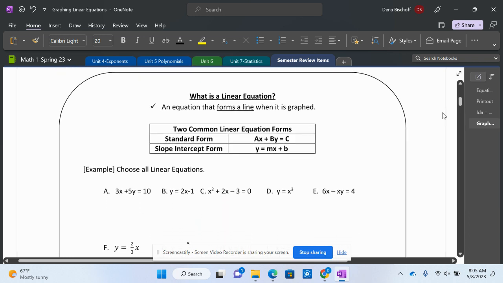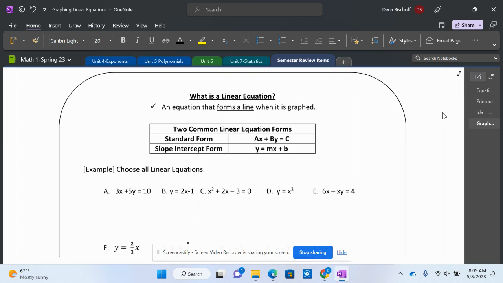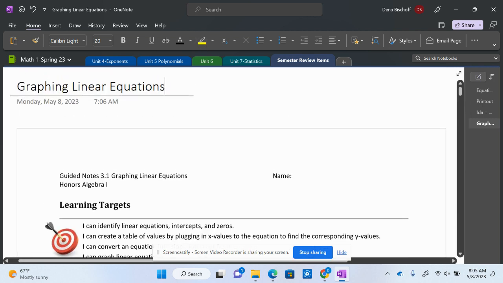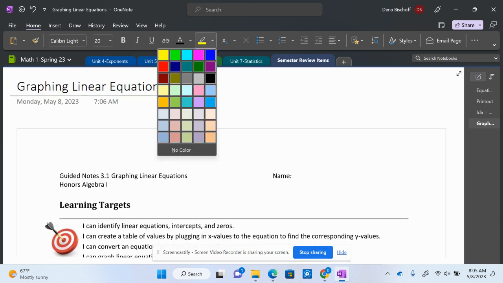So what is a linear equation? Well, those are the two forms that I was talking about that we have. So the two forms that we have are standard form and slope-intercept form. So we typically like the standard form best. That's our most favorite form to use, right? Because it lets us look at,